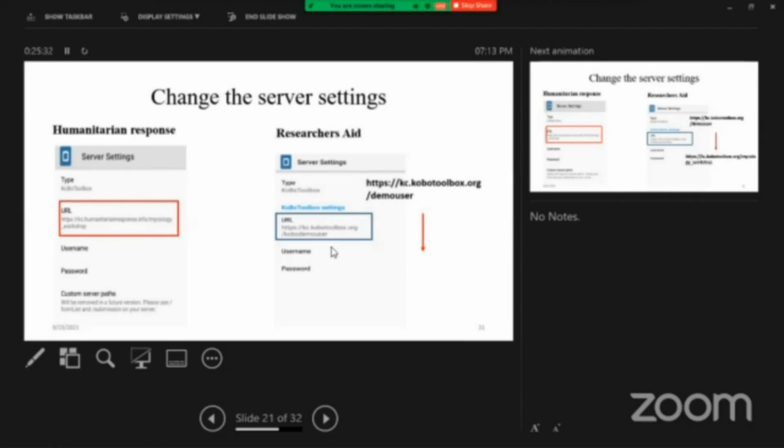So when you are using an account from a humanitarian response, we simply need to edit that link as shown in the red box. If you're using the account from the researcher's aid, then we simply need to replace that demouser with the exact username of the current project. Here our username of this project is Mycology workshop. So you need to replace this. Once you replace that URL link,